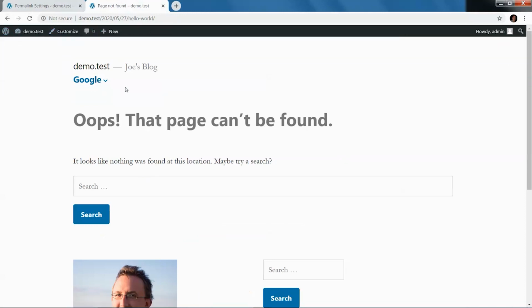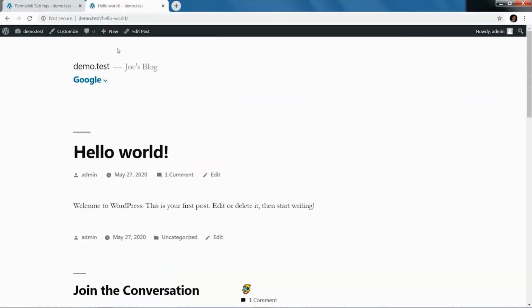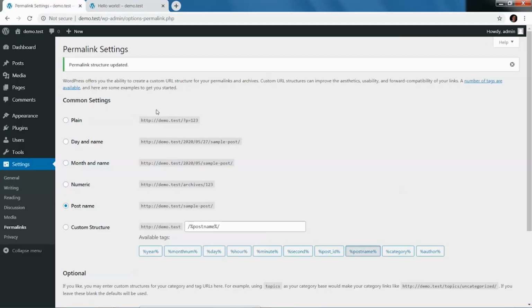But if I go back to my home page and click on Hello World, now you see that it's just Hello World. It took out the date in there. So this allows you to choose how you want your URL to show. It's called pretty permalinks essentially in WordPress, and we can talk about that more later as well.